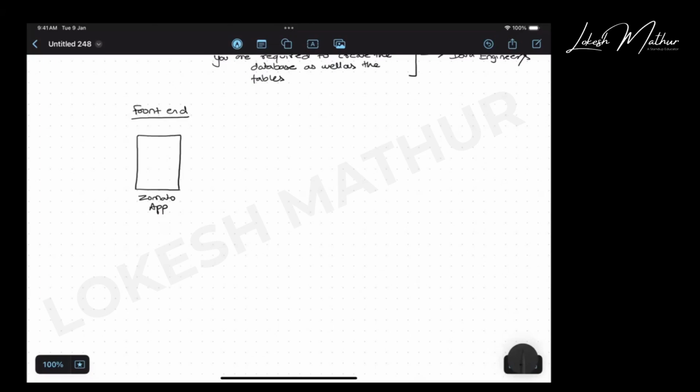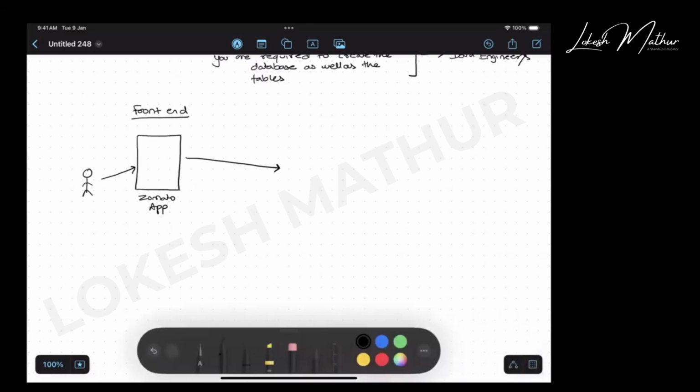Now, if you as a user are doing some activity on this Zomato app, let's say you are placing the order, then this will trigger an event which will go to your RDBMS, which is the database, and then it will direct your event to the respective table. Let's say the orders table.